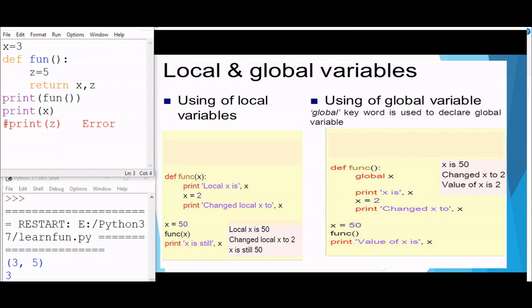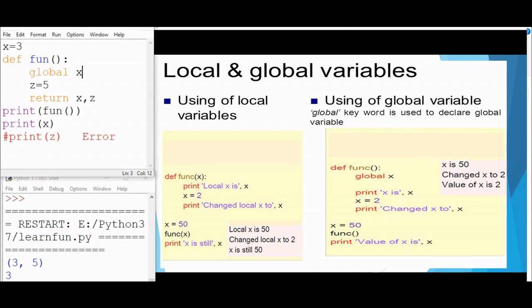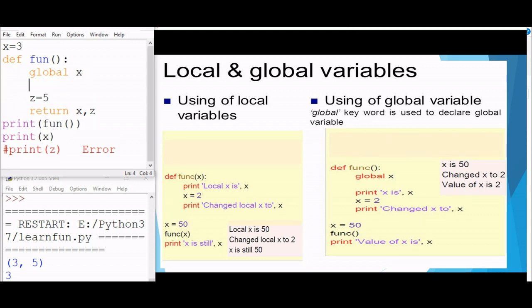Now let us see if I want to use the x which is given as a global variable, make some changes to it and then return it. Let me say global x is equal to 12, where global is the keyword. Now when I am telling it global x, it means that I am trying to use the x which is globally available. Now I am trying to change or manipulate the global x and I make it 12. Now what happens? Now when I run the code,